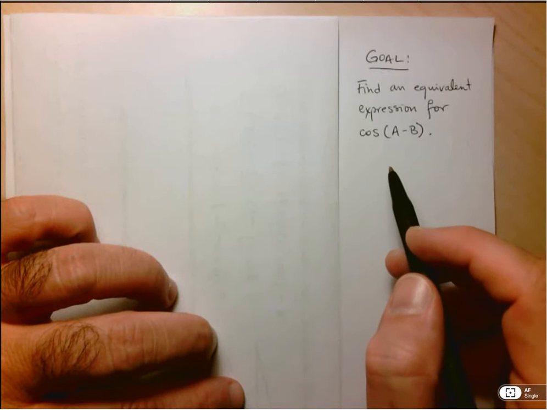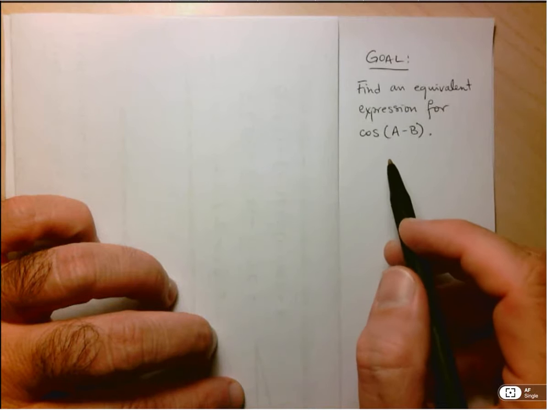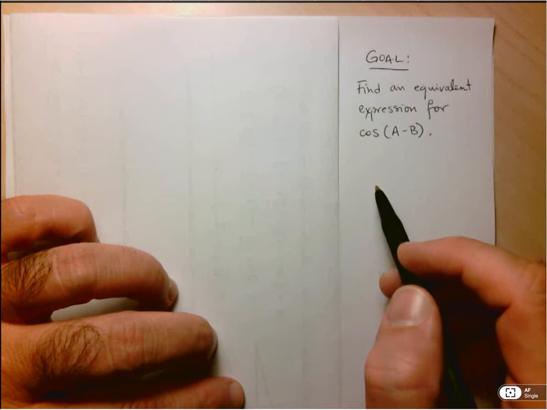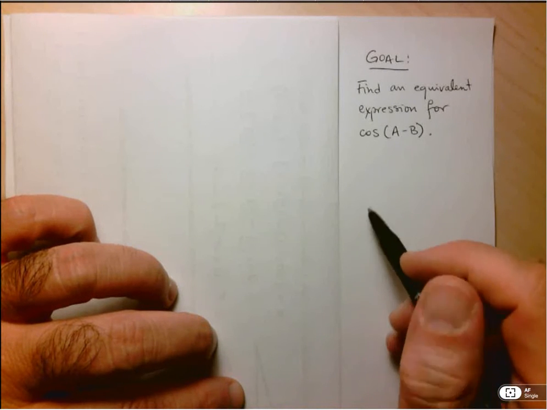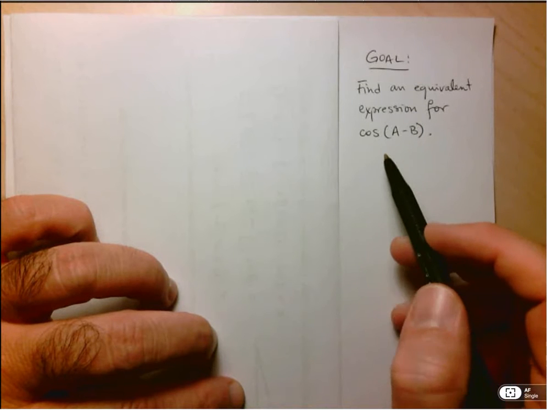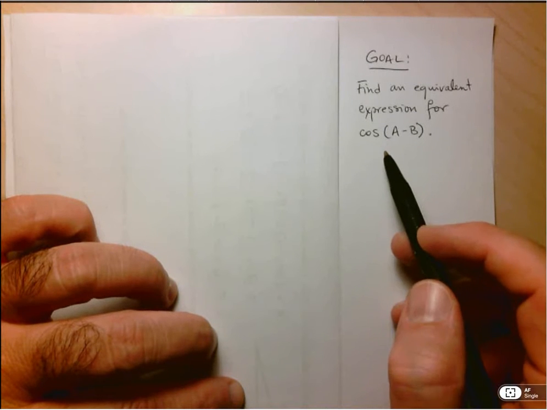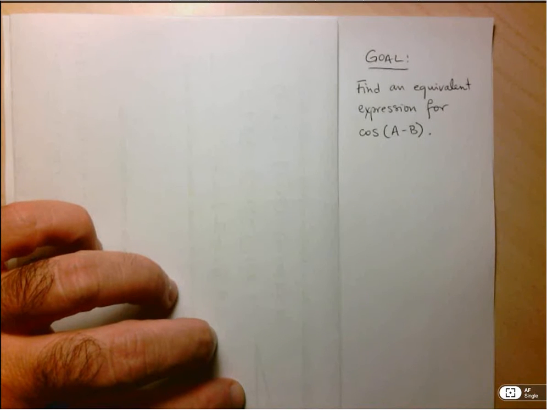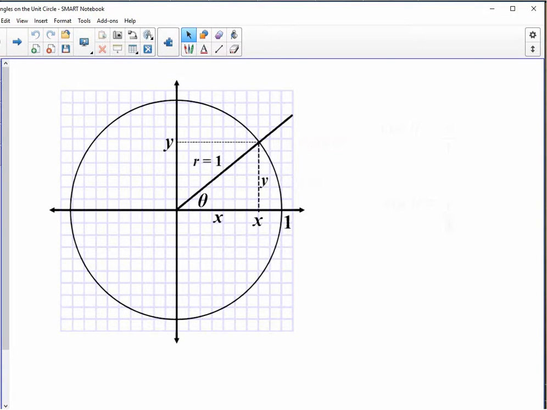And guess what? We can then use those to find equivalent expressions for sine of A plus B, sine of A minus B, and then tangent. So the idea here is that we put some sweat equity into finding our first equivalent expression, but then the other ones follow a lot more easily. In order to do that, I'm going to start by revisiting angles on a Cartesian plane,